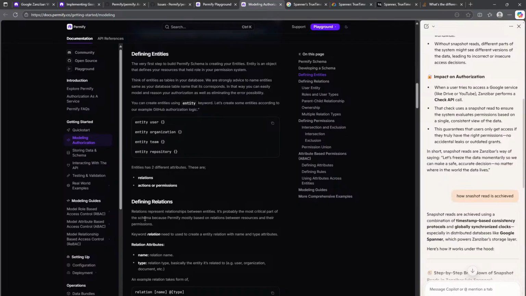The relations represent the relationship between entities. Okay, so we need to use the relation keyword to create an entity relation with a name and type attribute. I think this should be